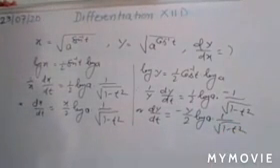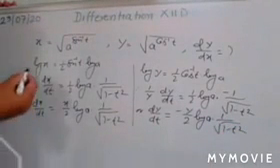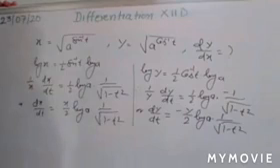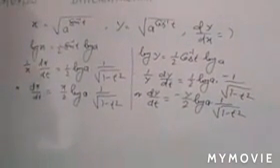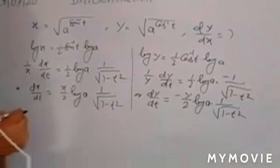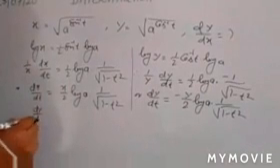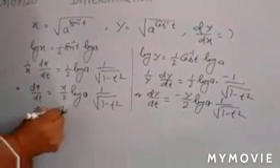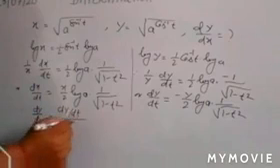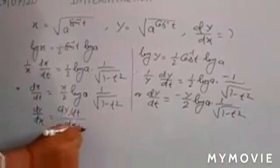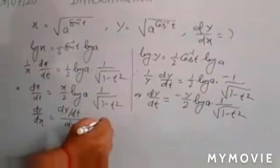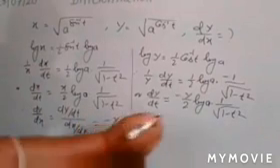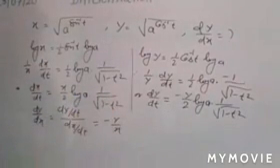So in this way, you have the value of dx by dt and dy by dt. If you want to find the value of dy by dx, it can be written as dy by dt upon dx by dt. Now if you put its values, you have only y upon x, as the rest of the terms are cancelled out. So you have y upon x.